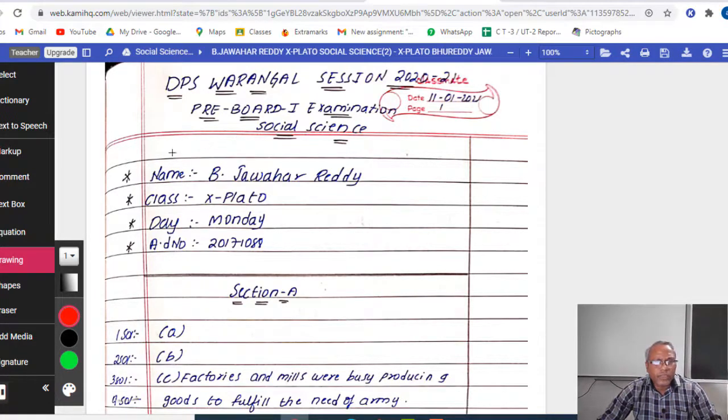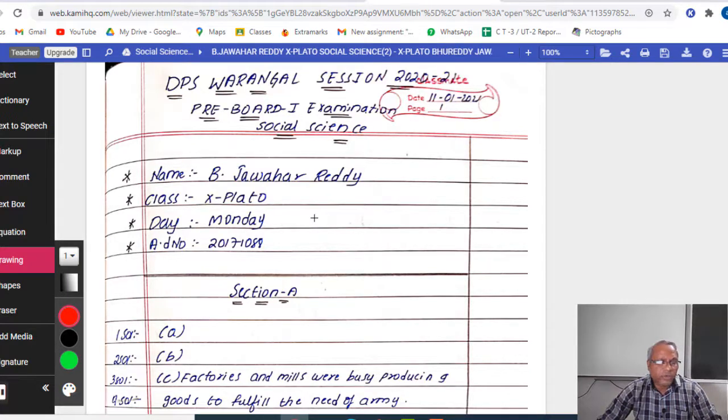I can do correction with the mouse, but it won't be comfortable. So I am using the pen tab right now. With the help of the pen tab, it will be easier for me to put marks or correct. With the mouse also we can do it, but it won't be proper.